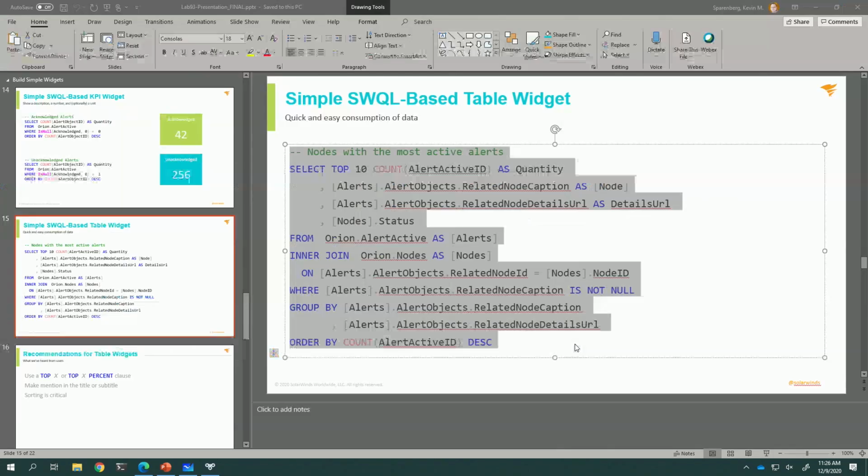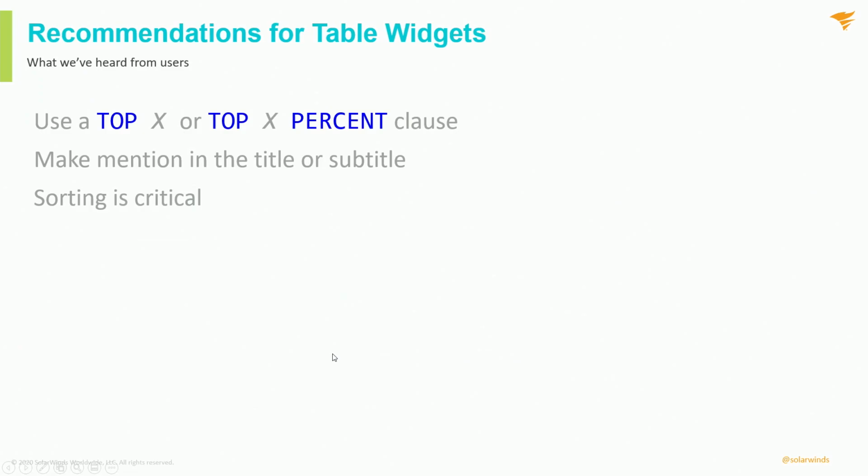All right, moving on. I already mentioned this, but it is absolutely important. You should be doing this. Always use a top X or a top X%, and I would actually lean towards the top X when you use table widgets. Again, this is just to make sure that you have clear representation. A table is great, but a table that has 10,000 rows does not belong on a dashboard. It belongs in a different type of thing, like a report.